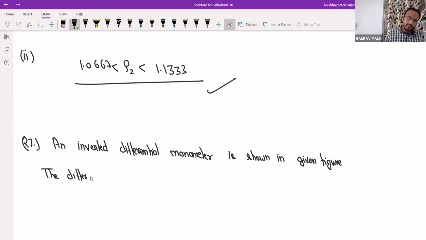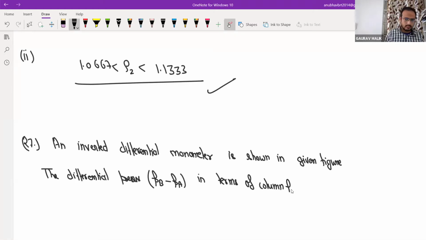The differential pressure PB minus PA in terms of column height of oil of relative density of 0.8 is